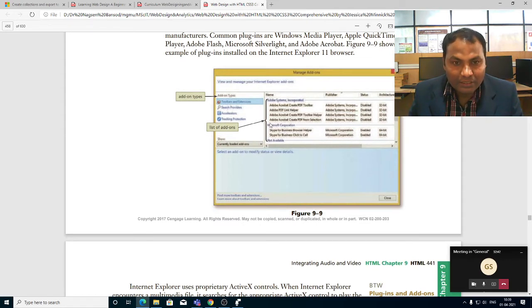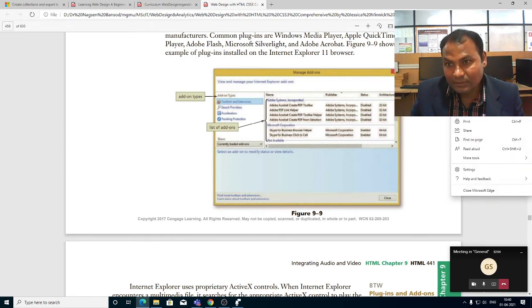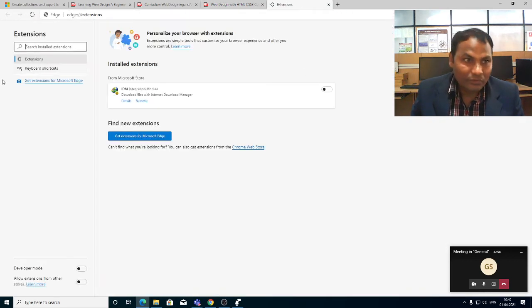As you see here, suppose this is the browser. To add a plugin here, we go to the settings like this and add the extension. From here we can add the media player.